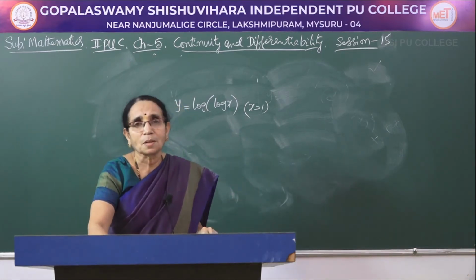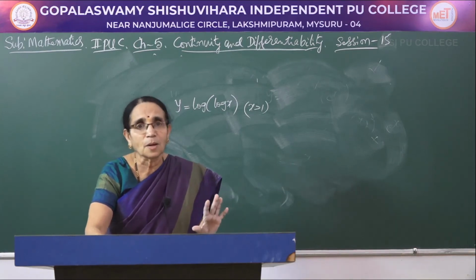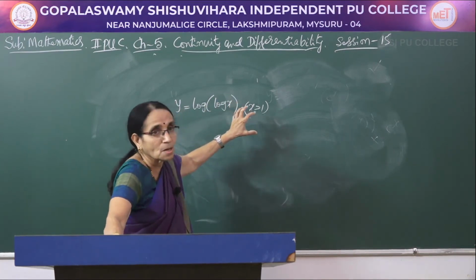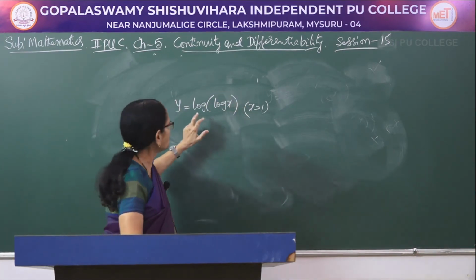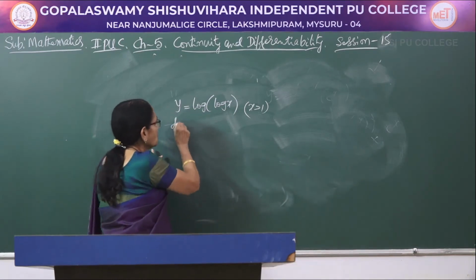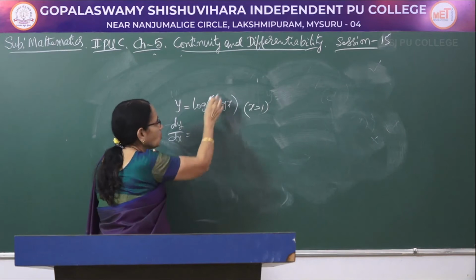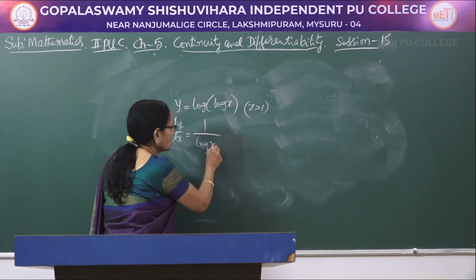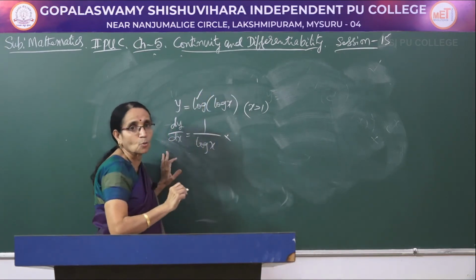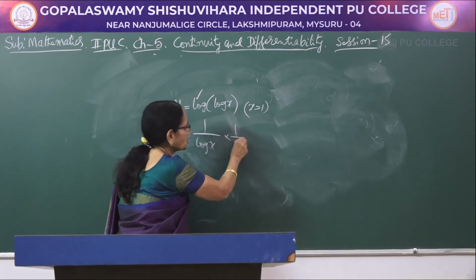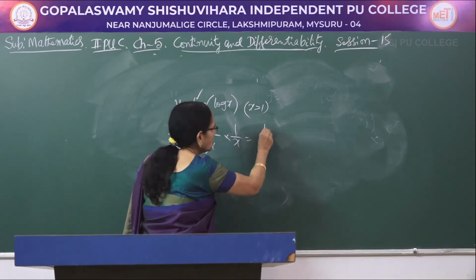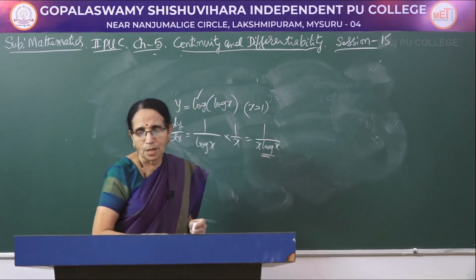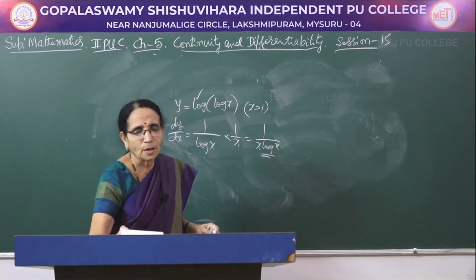Now, two logarithmic functions are there. Log of log x, do not write it as log square x, it is not so. This is log of a function which is again a logarithmic function. So first we take this log into consideration. Derivative of log of anything is 1 by that function. So log of log x means it is 1 by log x. So this log function is over. For the basic log x function, it is 1 by x. So how do you write that one? 1 by x into log x. So this is how we find the derivative of the function.